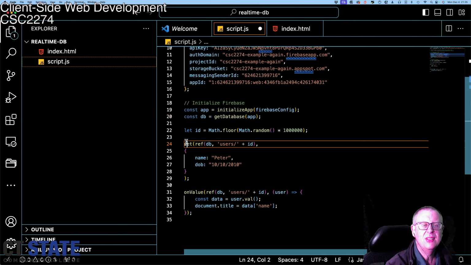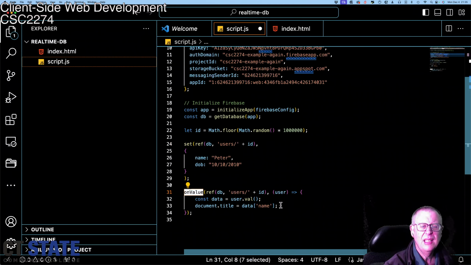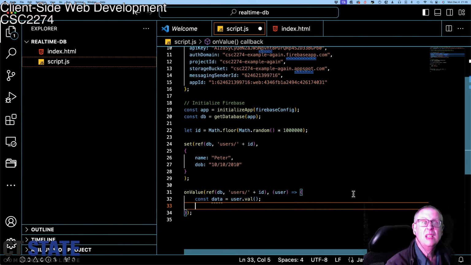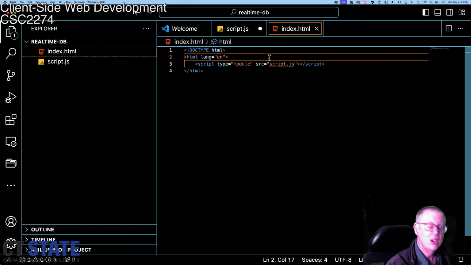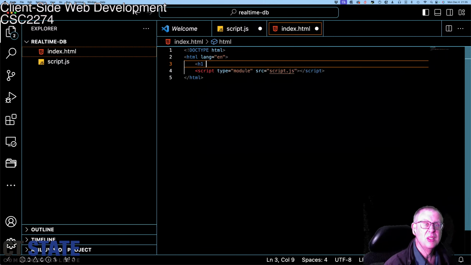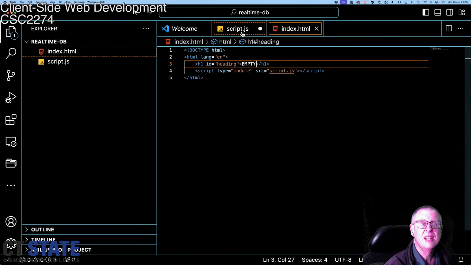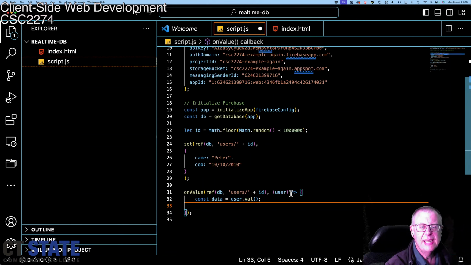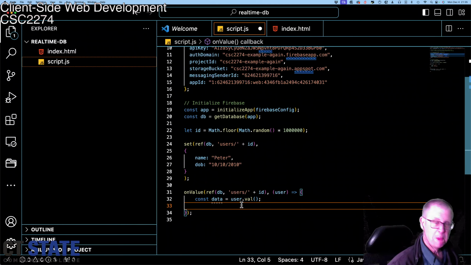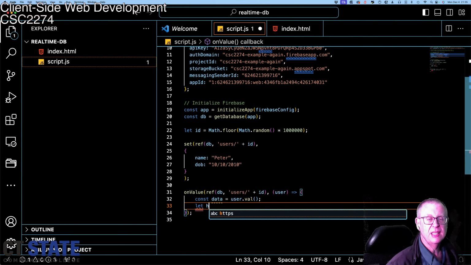Right, and this is going to set the database, and then what I want to do is over here I want to put in a heading, right, and I'm going to say that this is my heading, and I'm just going to say empty for the start, and then when I get my user back from the database, I'm going to